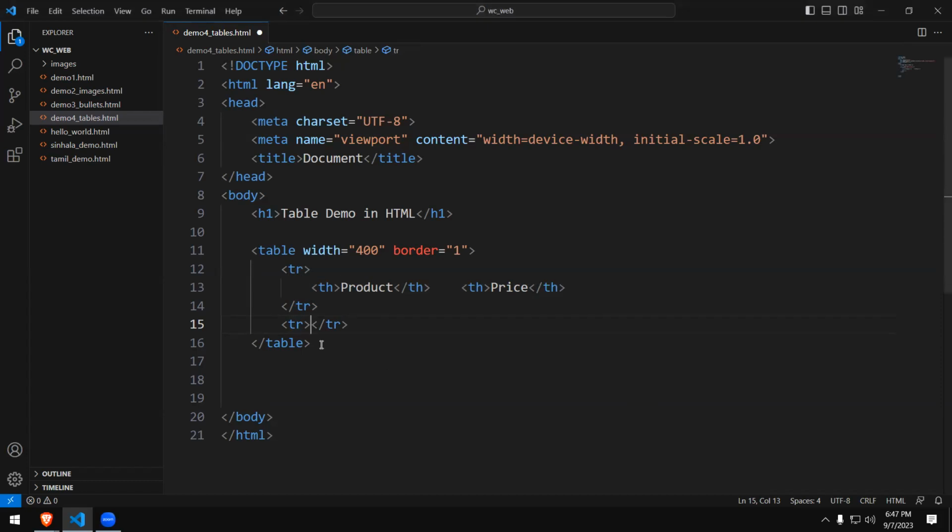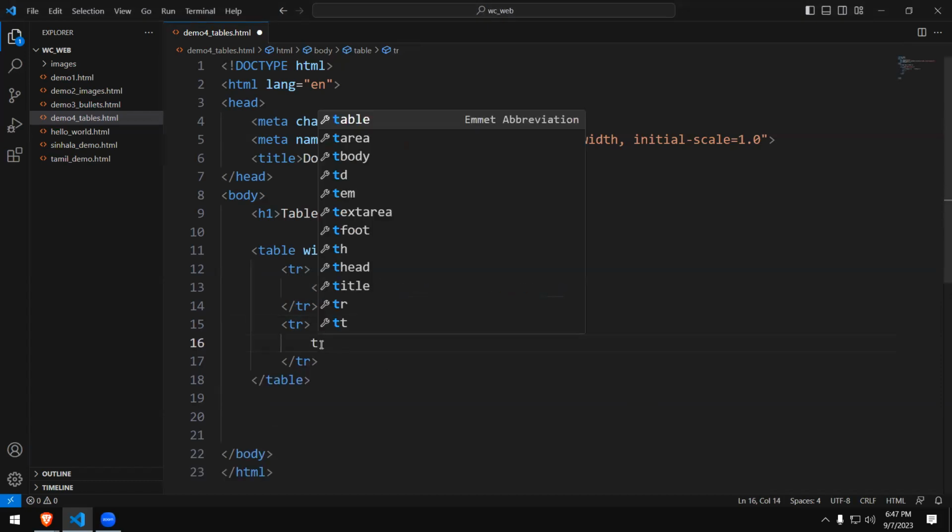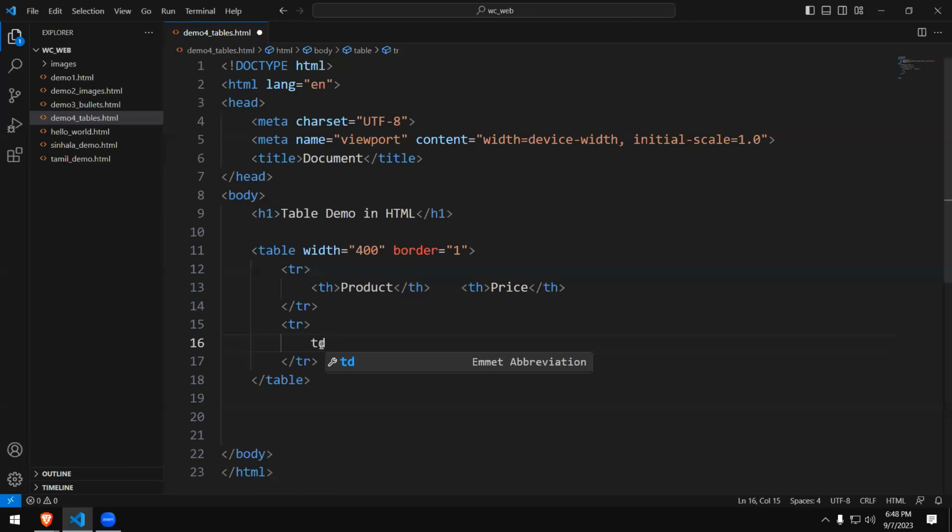We're going to type inside this one. First, the TD tag. TD stands for table data. TH stands for table header, that means column headings. TD stands for table data. Okay. So inside this one, I'm going to type, let's say,